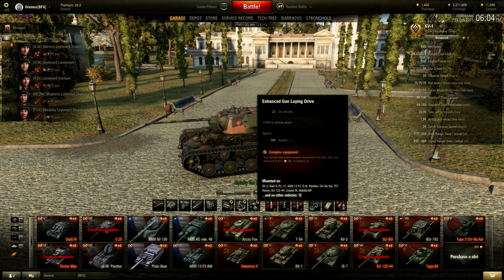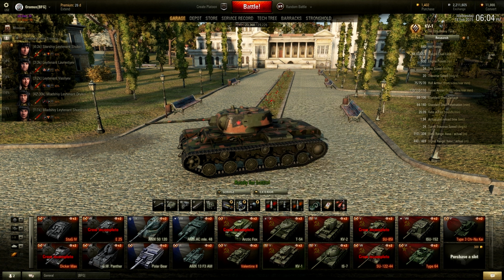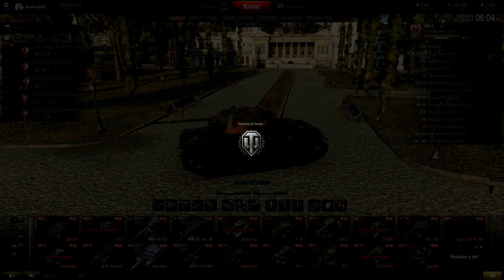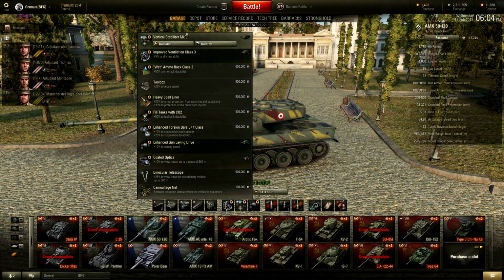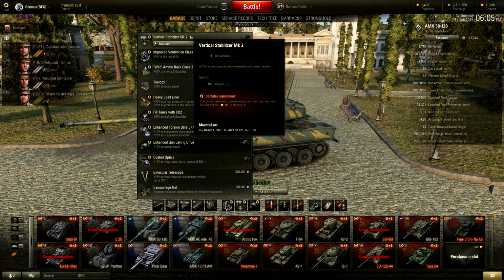Now, there is another module that's very similar to this, but it's better. It's just some tanks you can't get it on, like the KV one. And that module, I believe, is called vertical stabilizers. If you can get vertical stabilizers on a tank, you really want to get it. Why? Because it decreases, like Snapshot that I was just talking about,